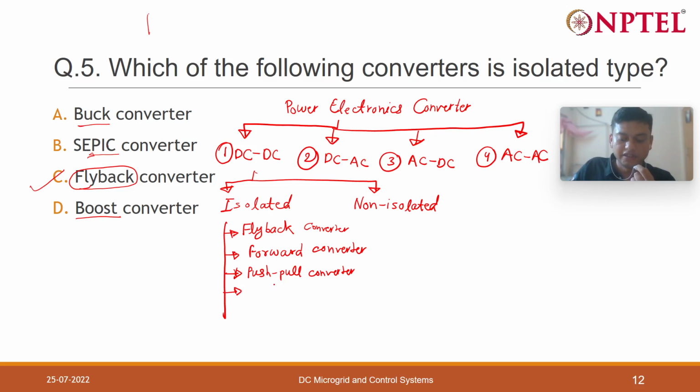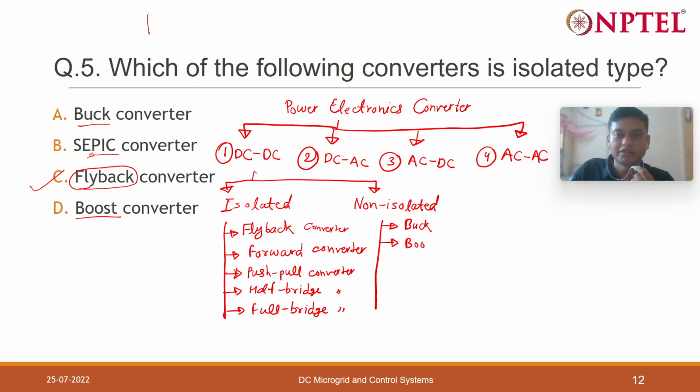and then we have half bridge converter, then we have full bridge converter. And in the non-isolated part, that we mostly study in undergrad, that is buck converter, buck boost,